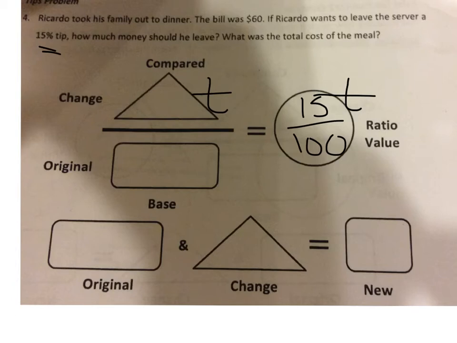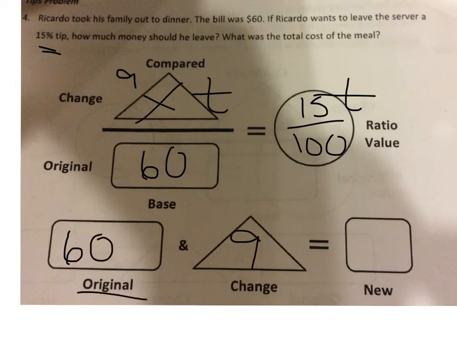All right, so the only other number says the bill was $60. That was what your original bill is. That's going to go here. I can now figure out that missing number. So we're going to take 60, multiply by 15 and divide by 100. We get $9. So we're going to go ahead and fill in this bottom. So our bill was 60, our tip is 9, and if we think about what that means, so total bill 60, you have to pay a tip of 9, the total amount that's going to cost is going to be